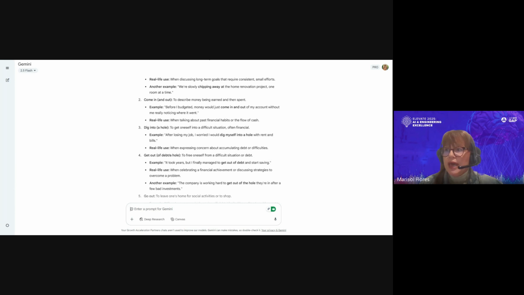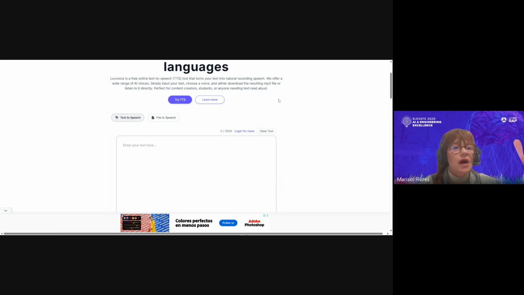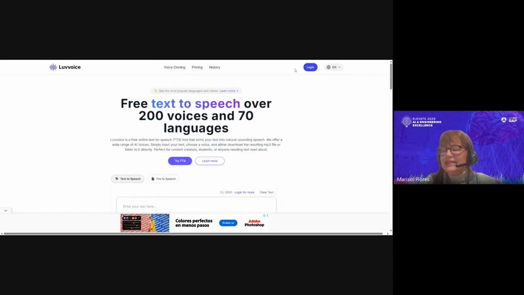So today we're going to give you the link to this other tool, which is called Love Voice, and it's GAP approved that we can use it. And it's really simple. And the best thing is that you do not have to log in to use it. So never mind about security issues here because you don't even have to log in.